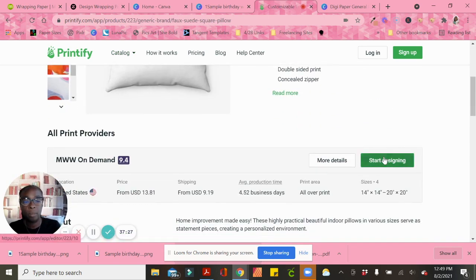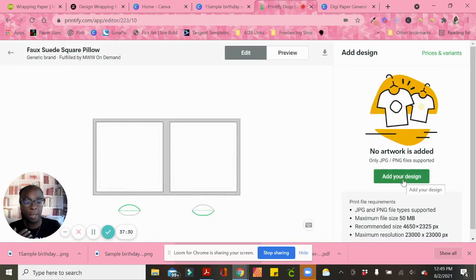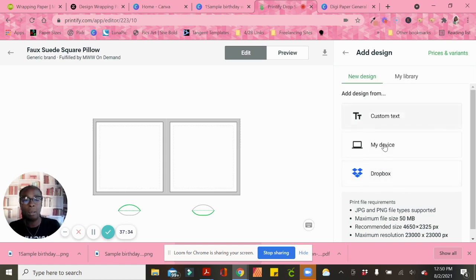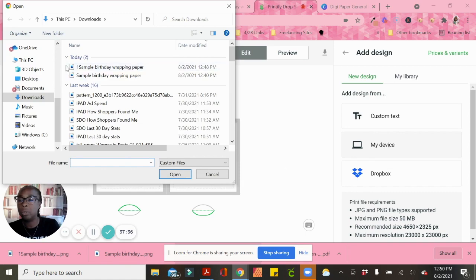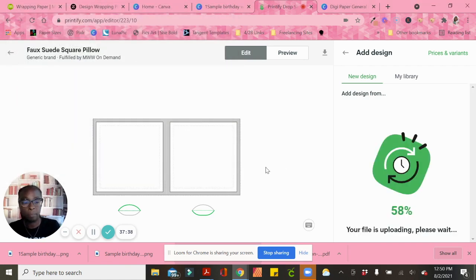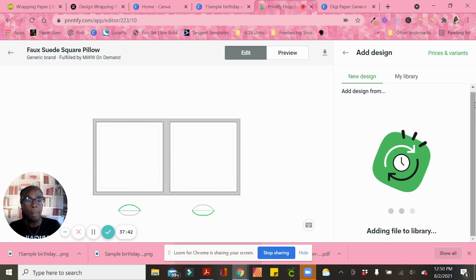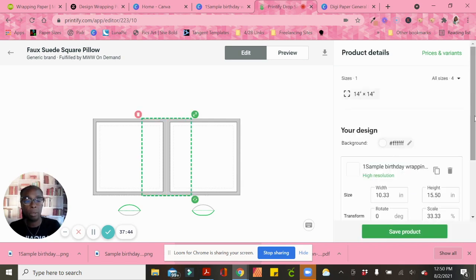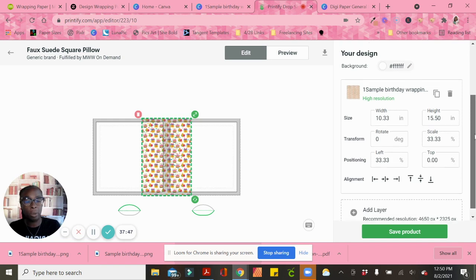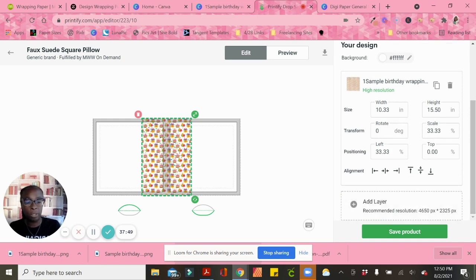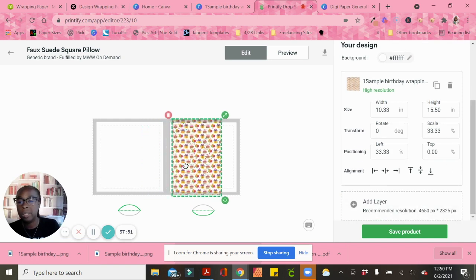So let's just do a regular pillow. All right. And let's see if it'll let me add my design. This has the recommended size, so it may or may not do exactly what I need it to do, but we'll see. I may have to play with it a little bit, but as you can see, it told you the recommended resolution of what they wanted. So let's say